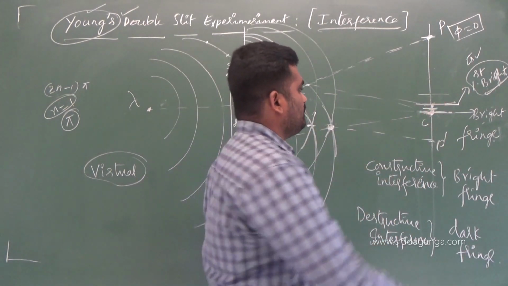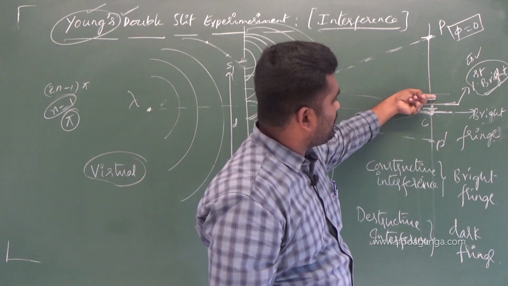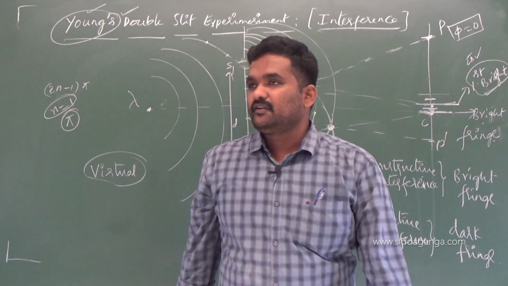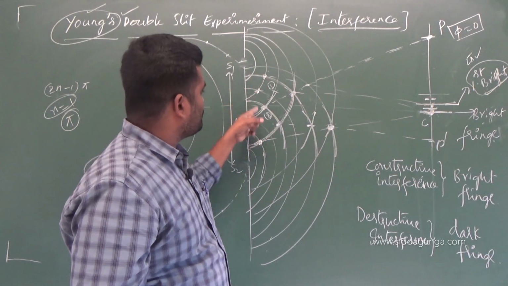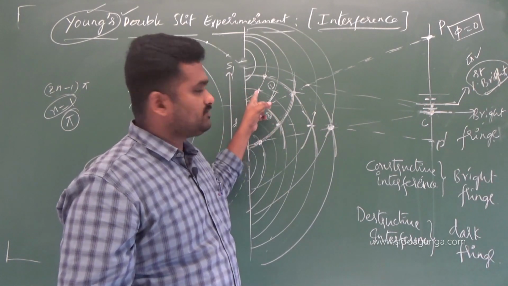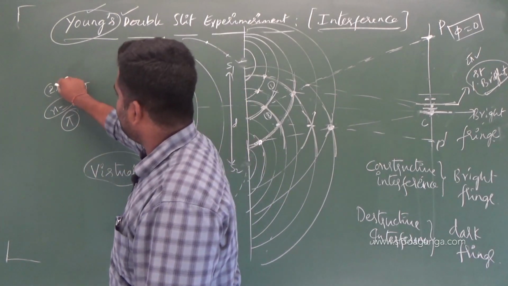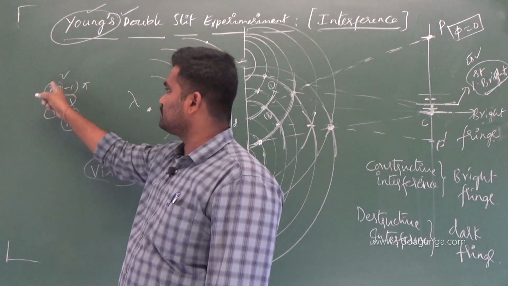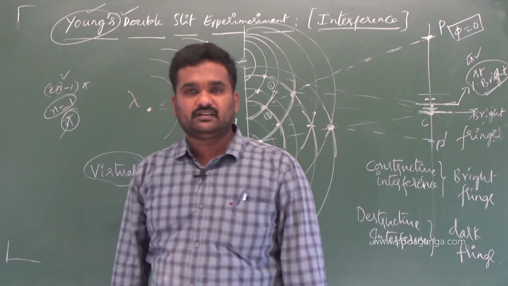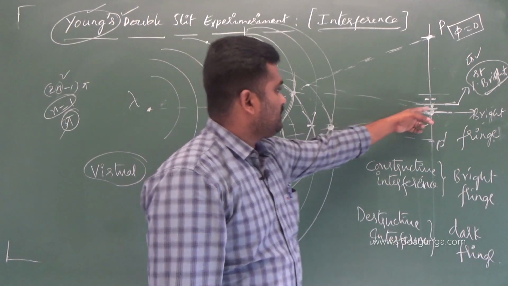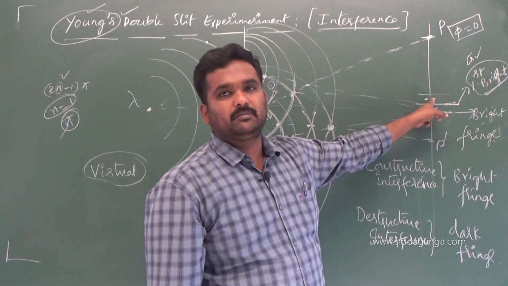Next, where is the second dark fringe going to be formed? Between the first and second bright fringes. The waves superposing there need to have a phase difference of how much? For the second dark fringe, n equals 2. 2 times 2 minus 1 is 3π. The two waves superposed have a phase difference of 3π. Then which type of interference? Destructive, so the second dark fringe is formed at that point.